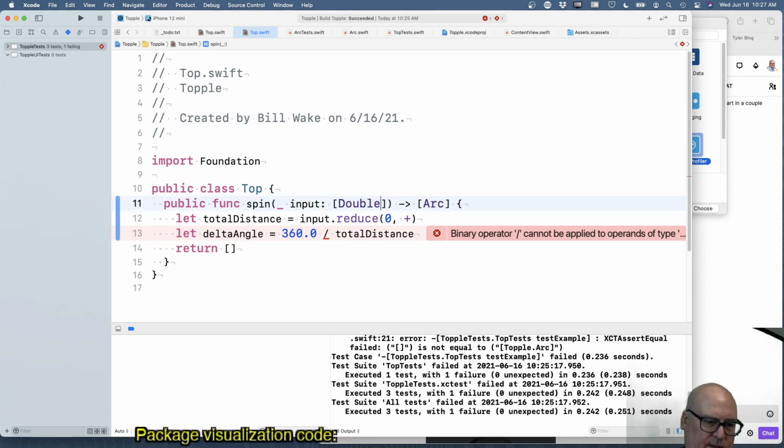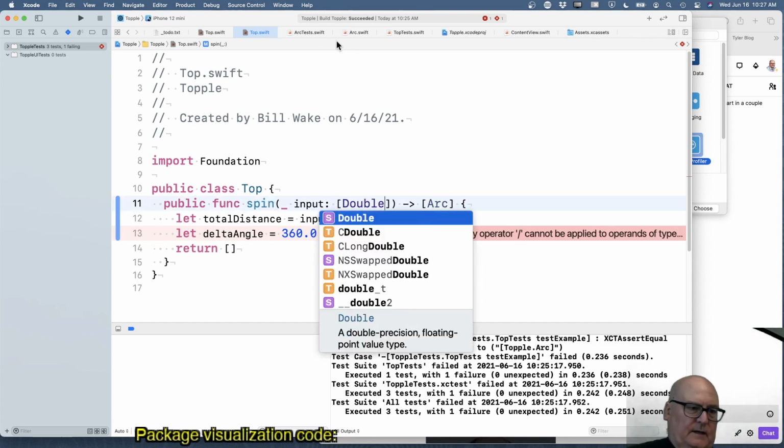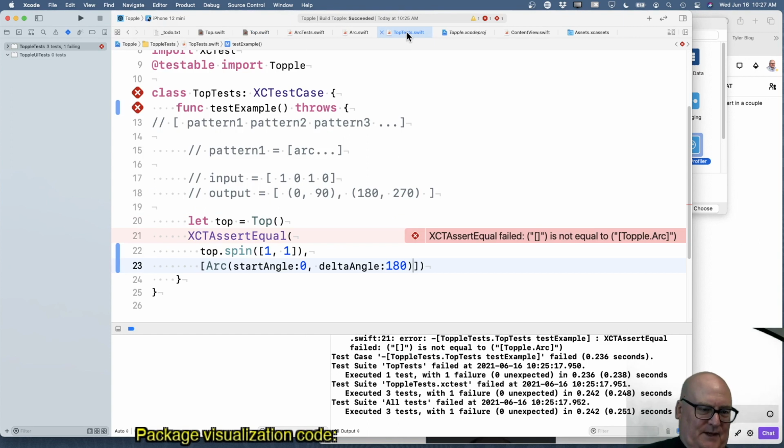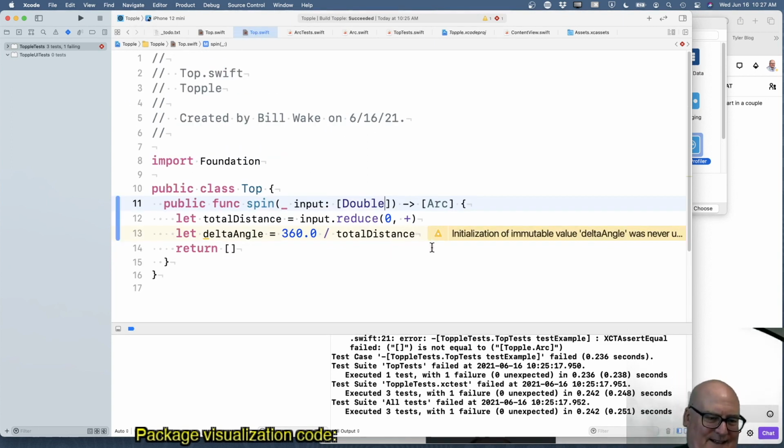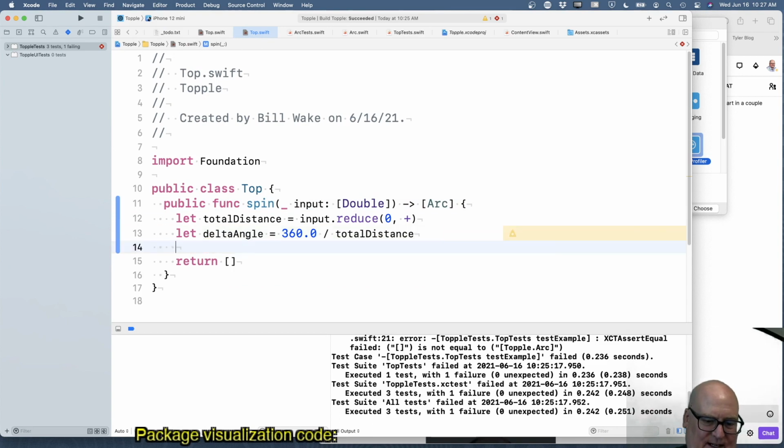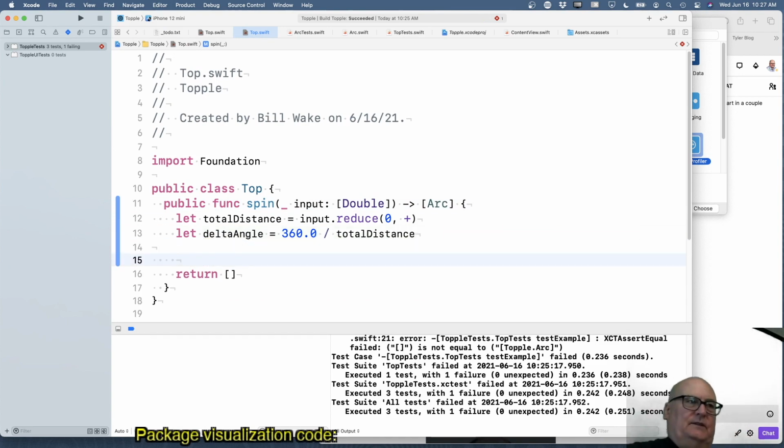I think these should be doubles. I don't know if I'm changing too much. I don't often have to be in this domain. Okay, so we got delta angle, and then I think what we want to do is